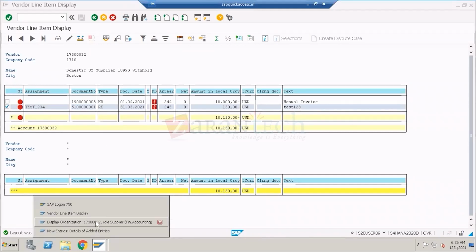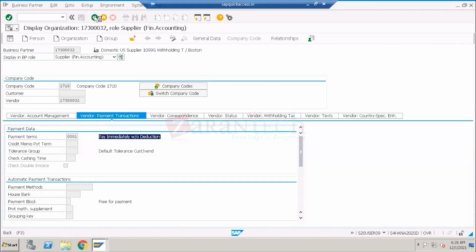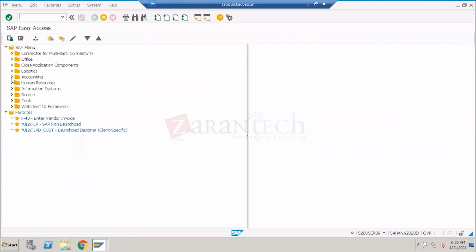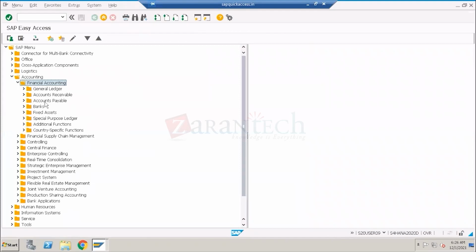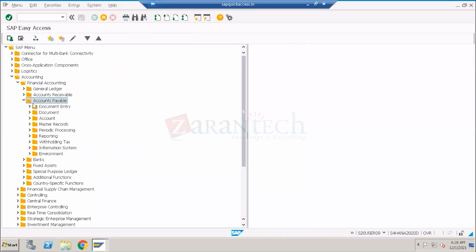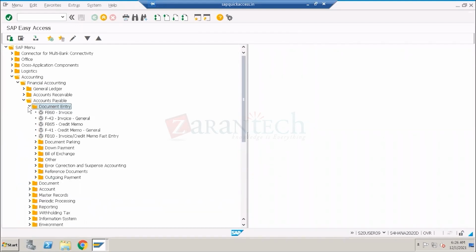Okay, very good. So I'm coming to this clearing. Now I come to the accounting, financial accounting, accounts payable, document entry, because I'm creating the document as an outgoing payment. So in document entry you can see outgoing payment. F-53 is the post. If you want to make a printout, or if you want to send a request,